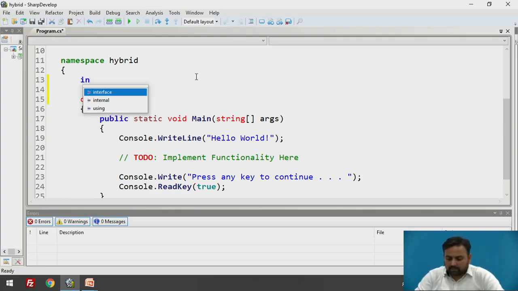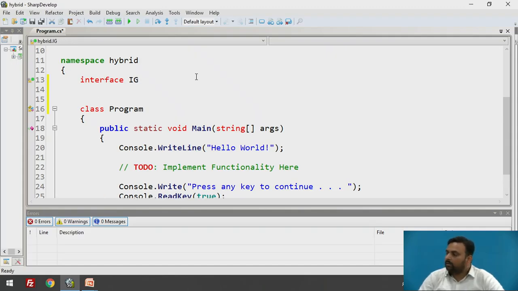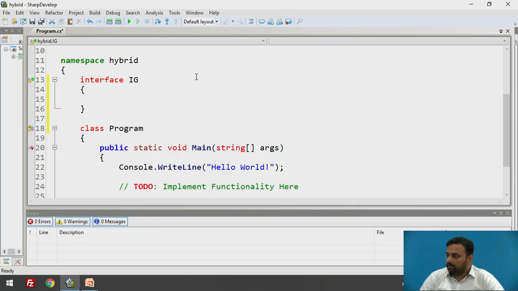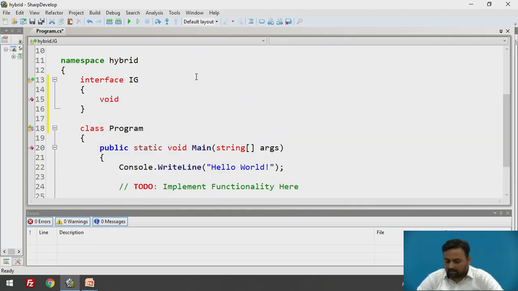Now I am going to create the hybrid interface using interface. Let us take the example of grandparents. I will write it as IG. And here what I will define is, let us say grandparents is the method. So, this is the one method that is declared here in IG.